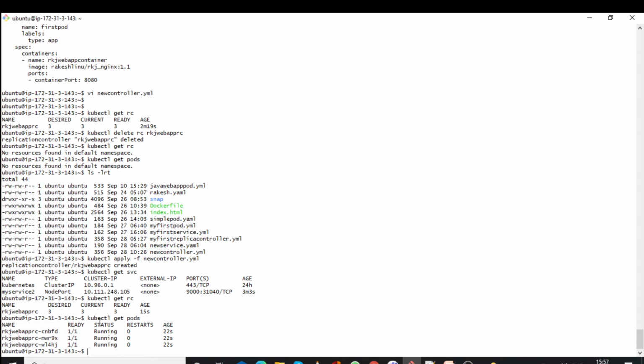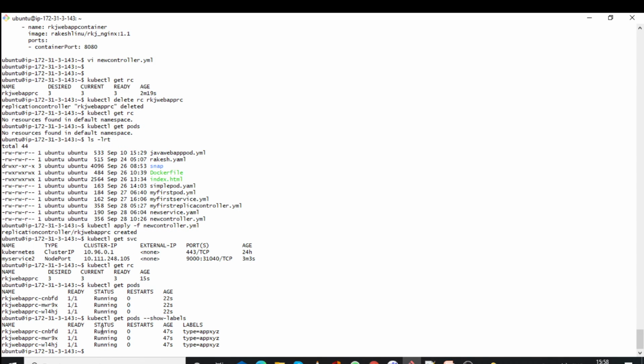And then we'll see the label. kubectl get pods --show-labels. You can see we have added XYZ along with app. So in the service we have the selector type app, but here we have mentioned app XYZ.